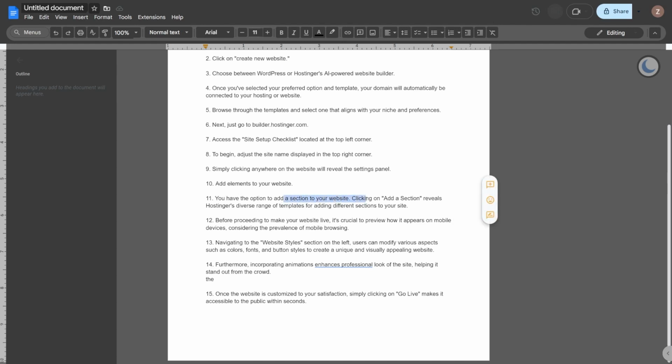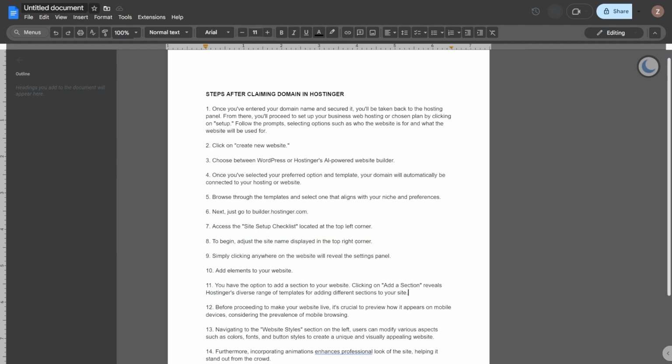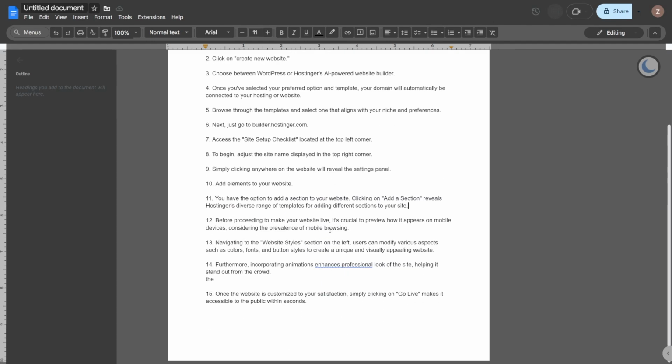Hostinger also has some AI-powered tools that make things easier, like an AI logo maker and an image generator, so you can create cool visuals without needing a design degree. There's even an AI heat map that shows you where visitors are clicking the most. This can help you figure out what parts of your site are working well and which ones might need some